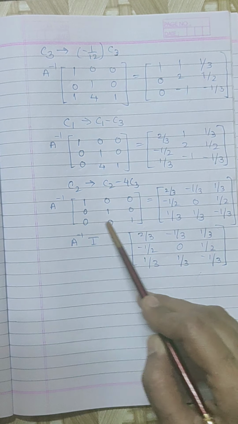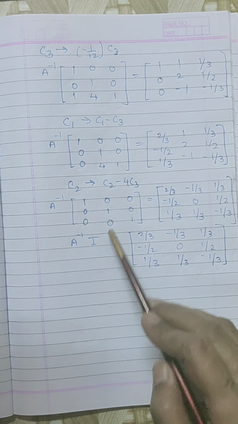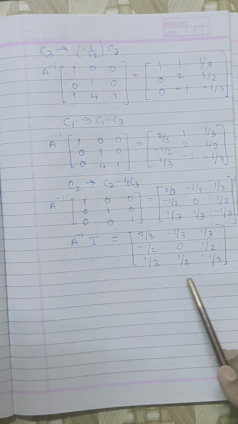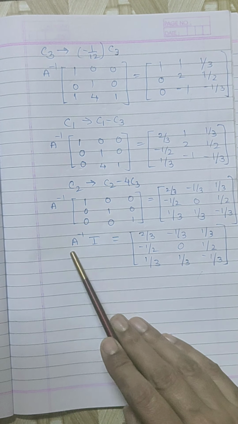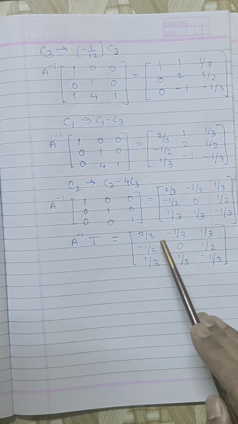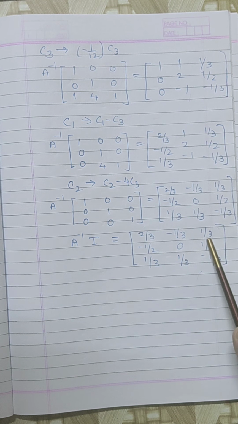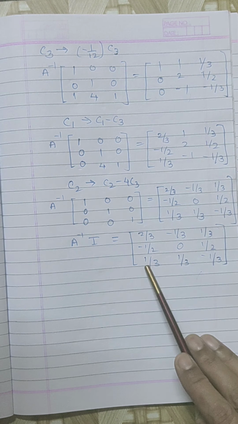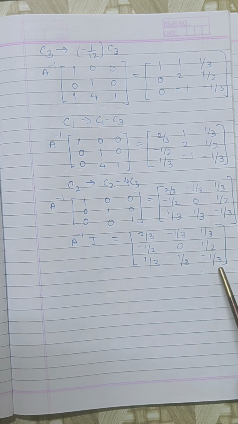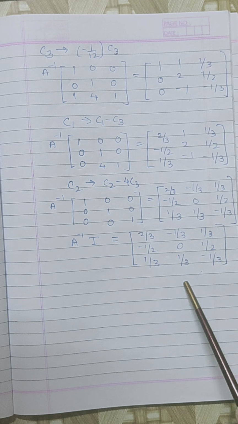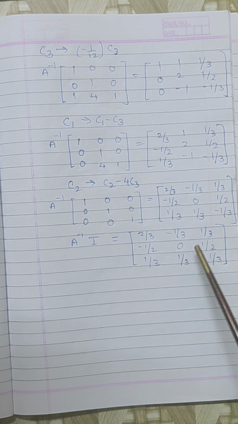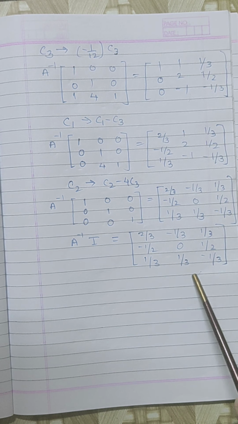Now this is the identity matrix. So A inverse into I, where I is the identity matrix, is equal to the right hand side matrix. So A inverse into I is A inverse, which is 2 upon 3, minus 1 upon 3, minus half, 0, 1 upon 2, 1 upon 3, 1 upon 3 and minus 1 upon 3. Up to here also there is no need of simplifying. If there is anything common you can take it out, but no need. If you solve up to here, the answer is